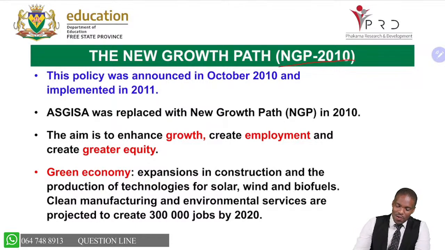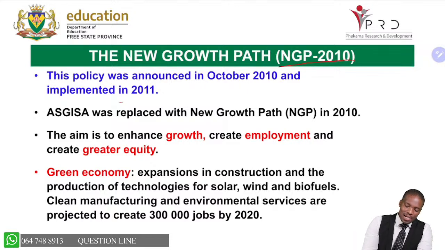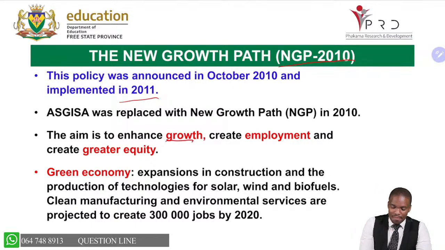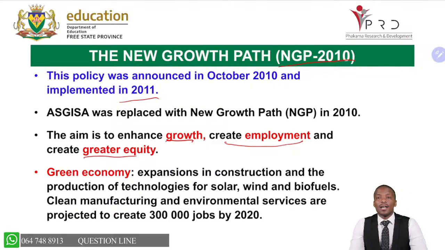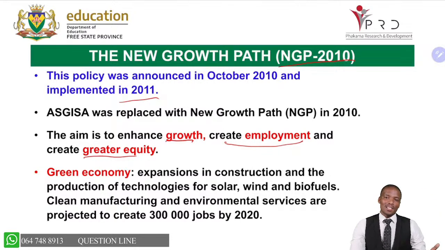NGP, you call it the new growth path. This policy was implemented in 2011, and it was there to replace Asisa. The main aim was to enhance growth, create employment, and create greater equity. If you look at what I've highlighted, it is the macroeconomic objectives of the state: economic growth, employment, greater